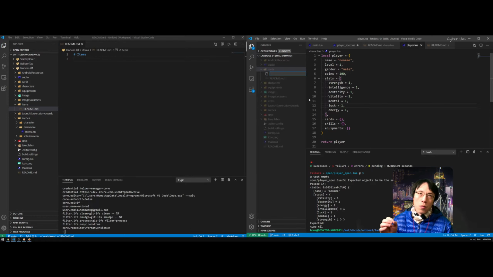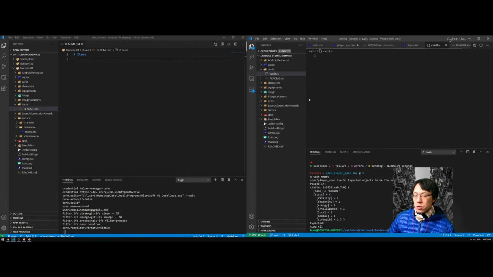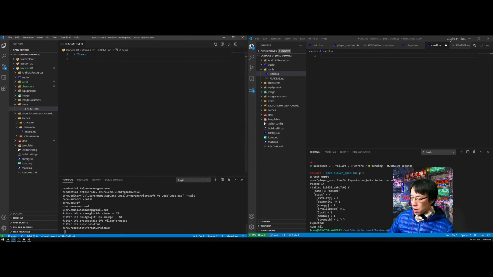We don't really want to hard code the cards inside the game, right? So we need to create a card structure. So let's do that. So to create a card structure, one of the things that Lua has is it kind of has that